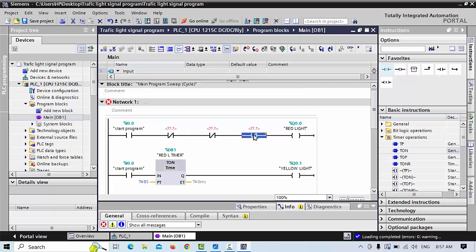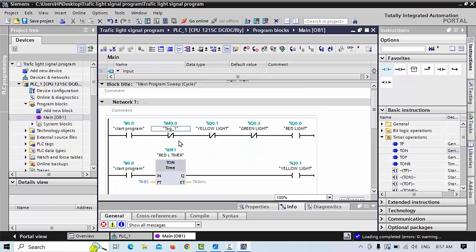First one I will take Q0.2, and that one I will take Q0.1, and that I will take M0.0